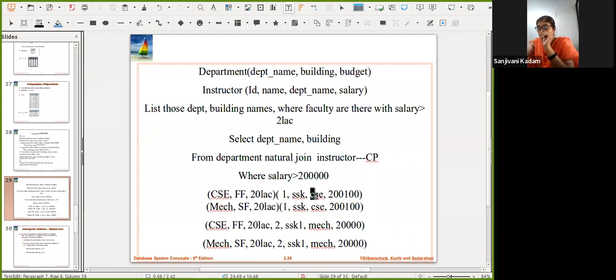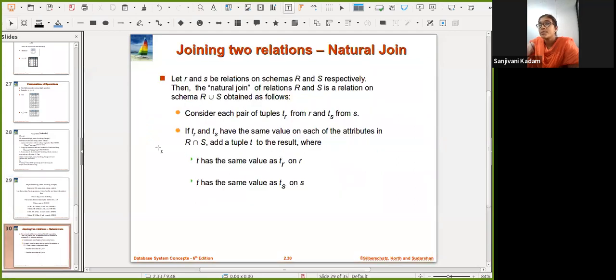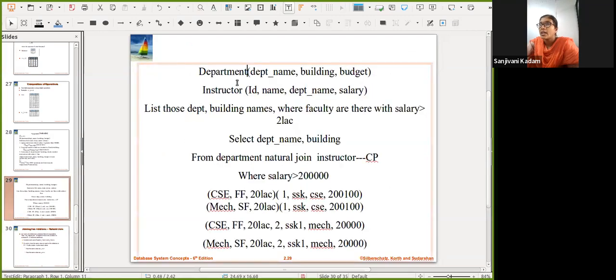So we are having the matching attributes, the same values on the attributes in R intersection S. It means that this is my R and this is my S. The intersection of these attributes will give me only department name.